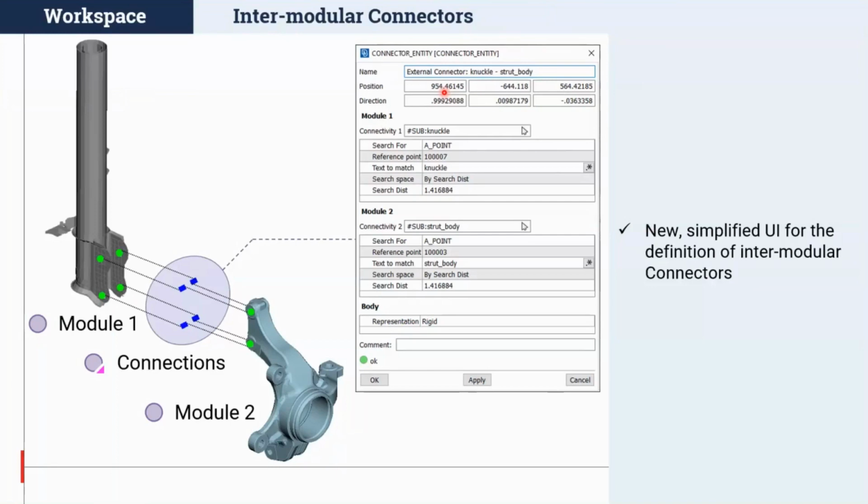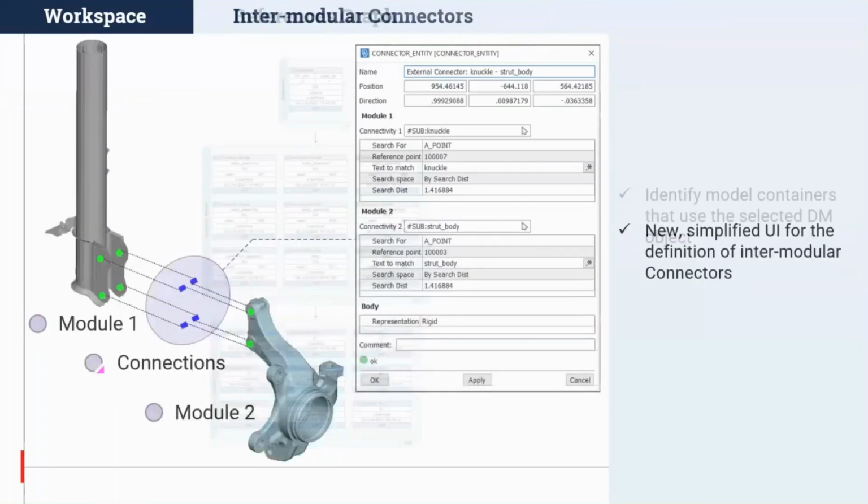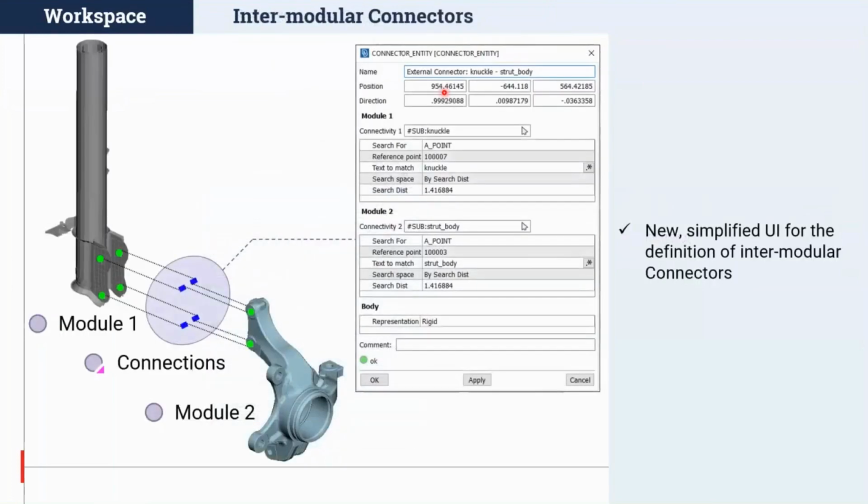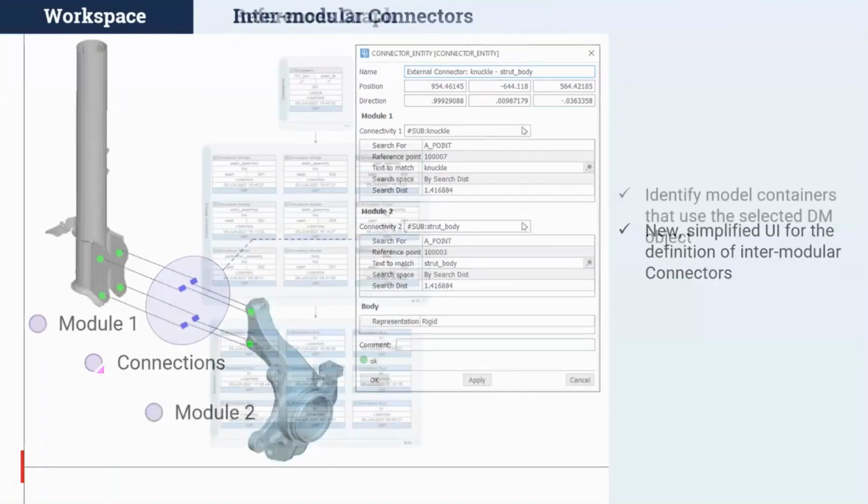This functionality is completely in sync with the A point connect GUI that we introduced in version 21. So both GUIs are now simplified to facilitate simple creation of both A points and connector entities.